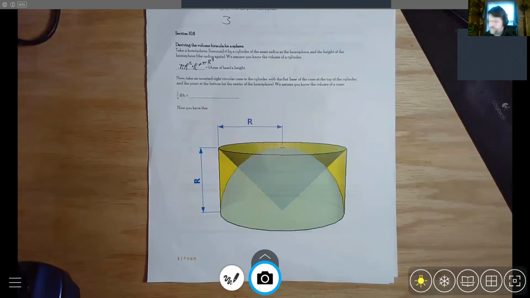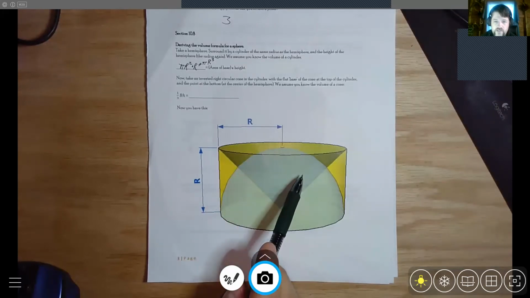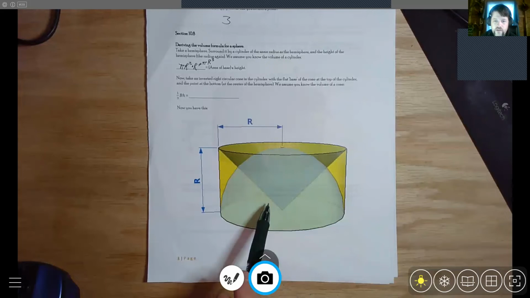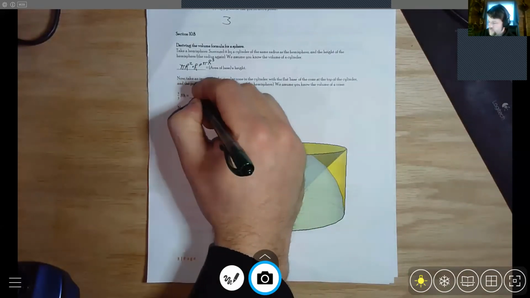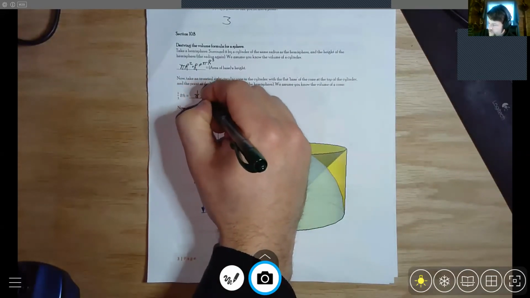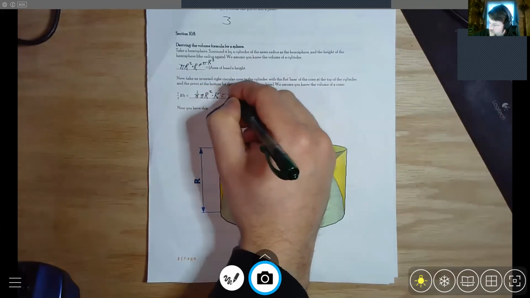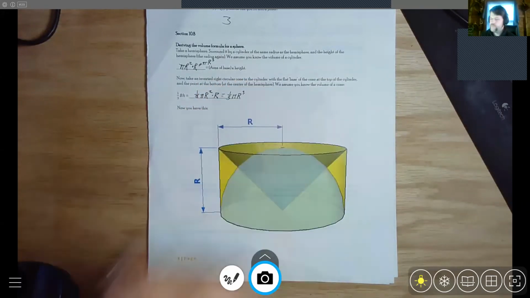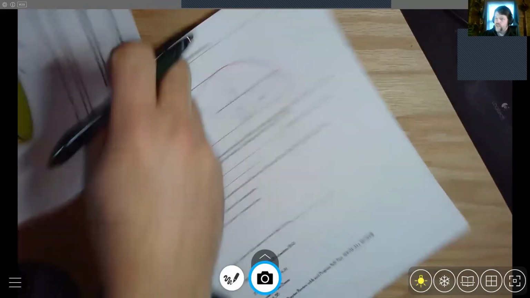So far, so good. Now it says we have this inverted right circular cone in the cylinder with the flat base of the cone at the top of the cylinder and the point at the bottom. We assume you know the volume of a cone. We just put the formula at top, so 1/3 area of the base times the height. In our case, the area of the base is pi r squared, and the height is r. So we get 1/3 pi r cubed. Okay, we're going to turn the page. Don't worry, I have the picture on the next page too,